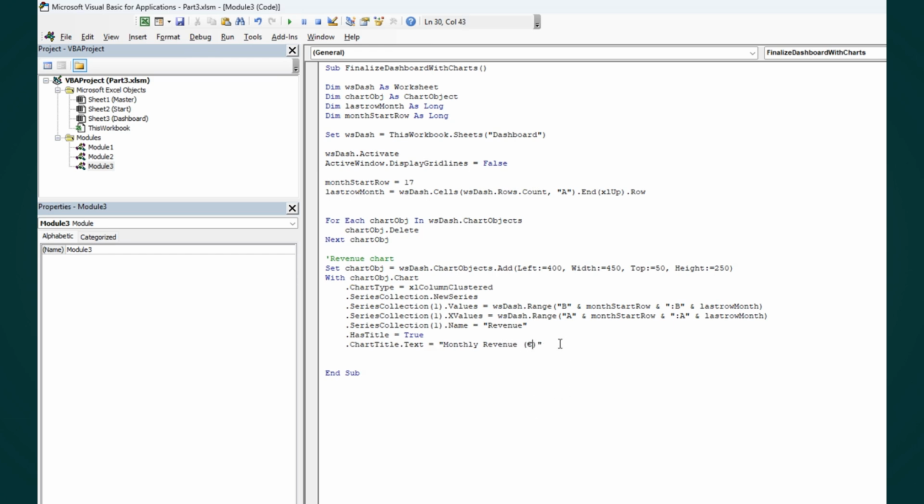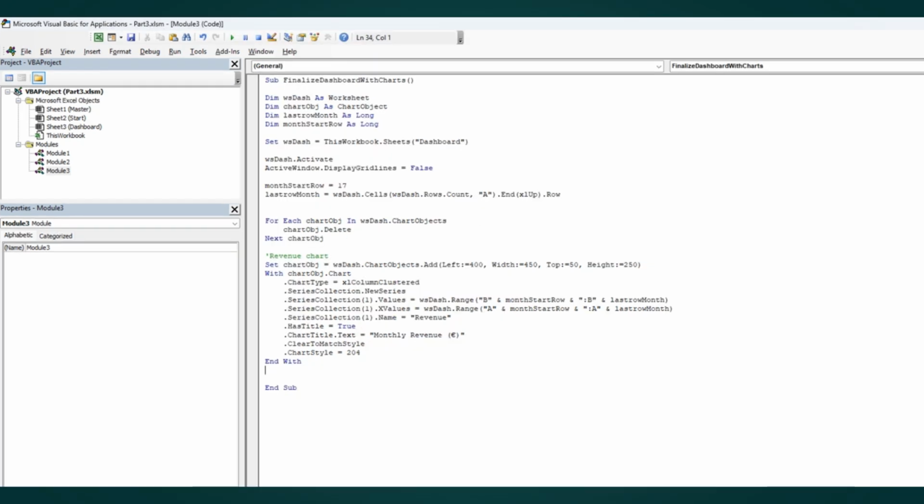Then .ClearToMatchStyle, .ChartStyle equal 204, and End With. Units sold chart is the next one. And we're going to set chartObject equal wsDash.ChartObjects.Add